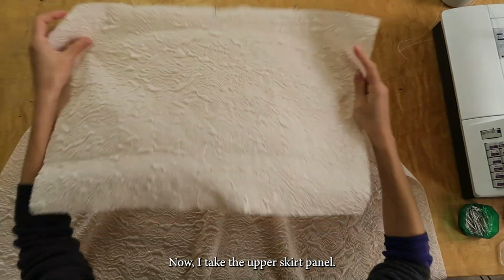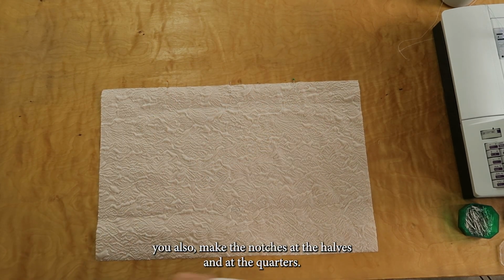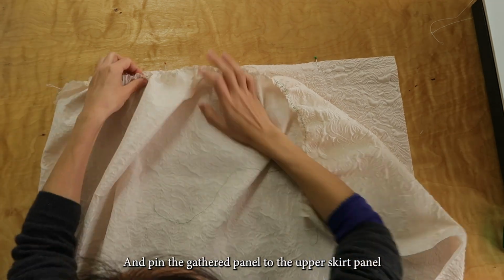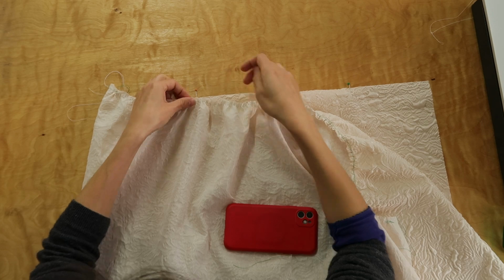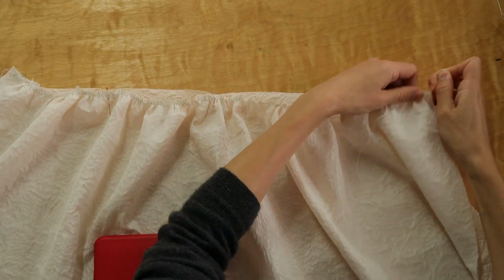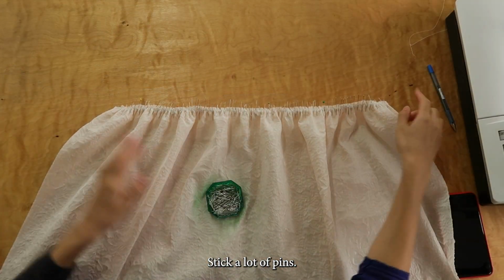Now I take the upper skirt panel, the back part, and remember the back part is 5 millimeter longer than the front part. You also make the notches at the halves and at the quarters, and we pin the gathered panels to the upper skirt panel, matching the notches. Stick a lot of pins, sew,